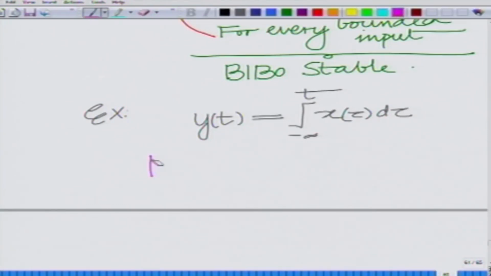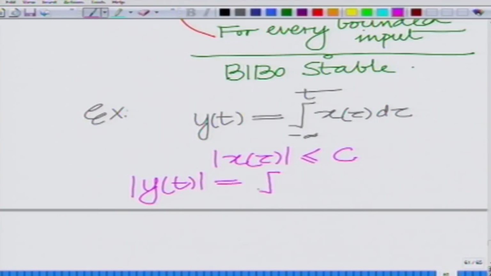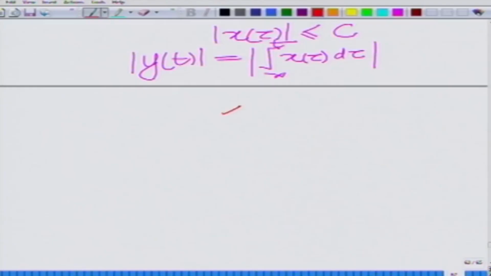Now if I give a bounded input, that is magnitude of x of tau less than or equal to c, let us look at magnitude of y of t, which is equal to the magnitude of the integral of x of tau d tau. But the magnitude of an integral is less than or equal to the integral of the magnitude of the signal that is being integrated, which means this is